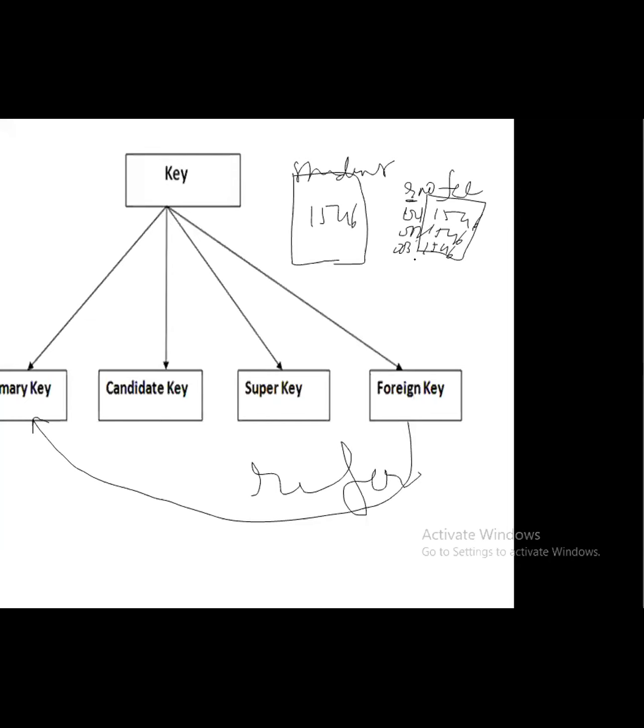Now I cannot allow the person whose roll number is 1555, because this number does not exist in this particular student table. That means he is an outsider coming to pay the fees. It will not allow, because it will say I don't find this number. If I have this number, then the person can pay the fees. That means this number is referring to this particular thing. So it is a foreign key.